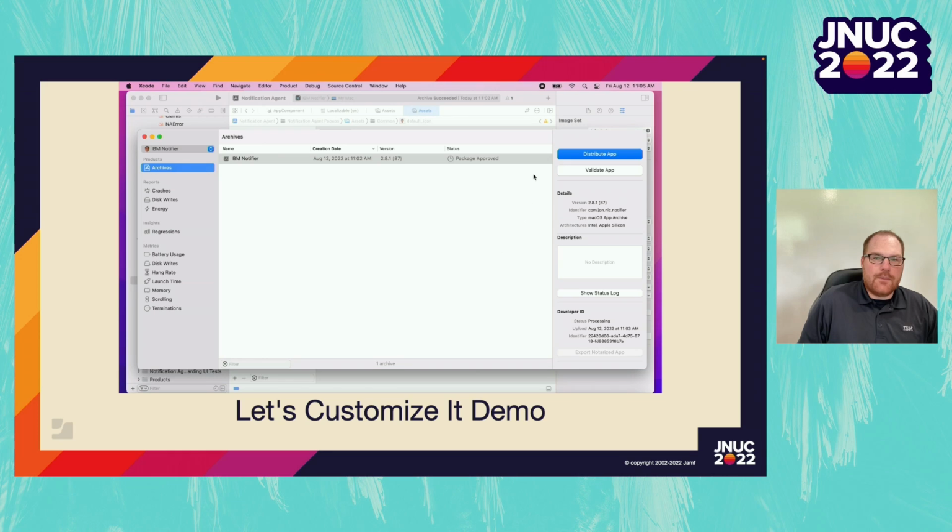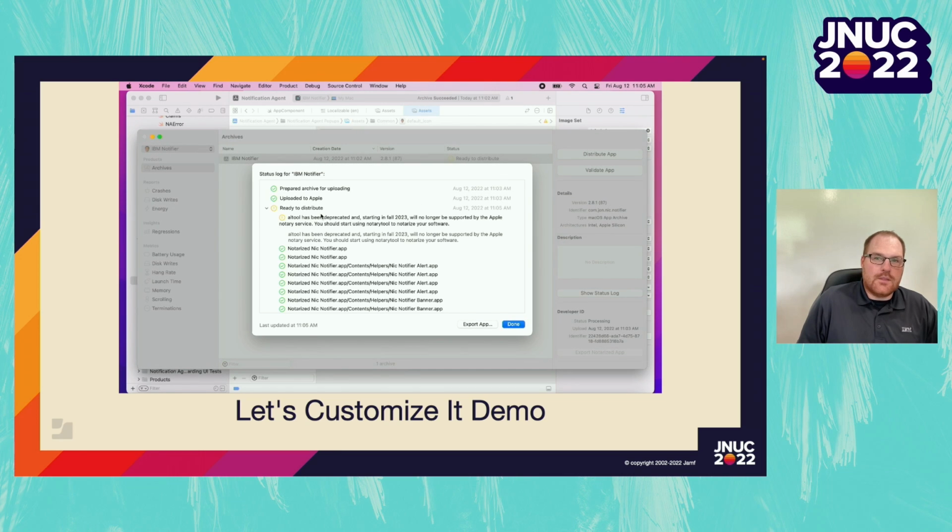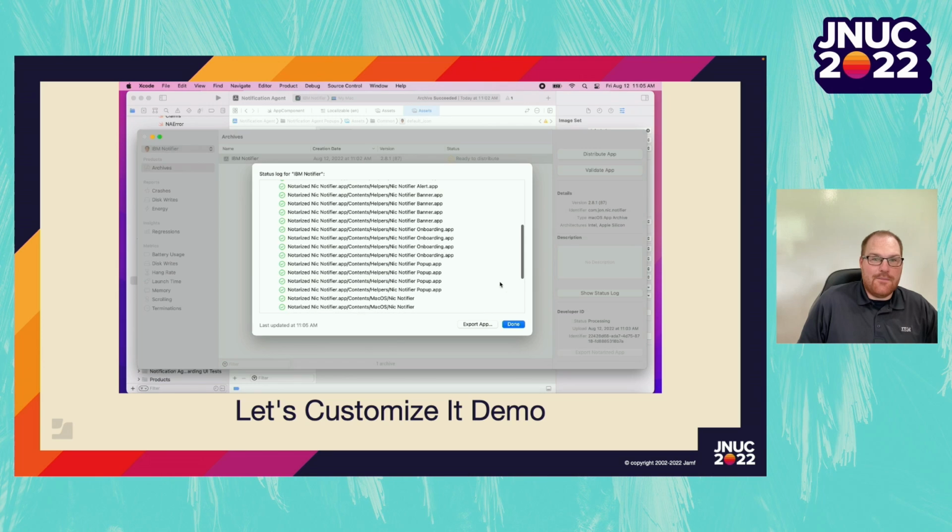So at this point, we updated our bundle names and our identifiers, optionally the version, the bundle icon, as well as the default prompt icon, and the title. Since IBM Notifier is open source, if you find that you're happy with our icon, there's no need to replace it. This whole process will end up taking less than 10 minutes